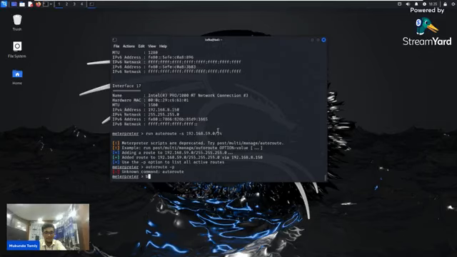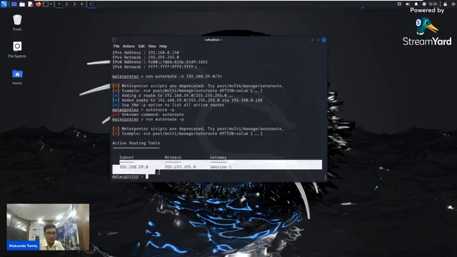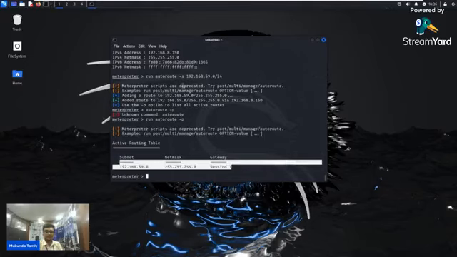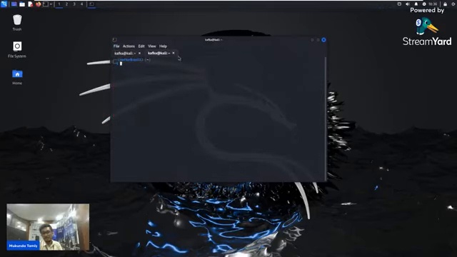I'm just going to run autoroute. See, we got this 59.0. We got this autoroute, so anything will be routed through this. Got it? Very simple. Now, can we do the scan? Let's check it out, or an ARP scan.